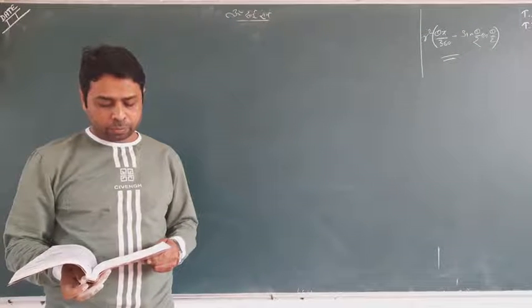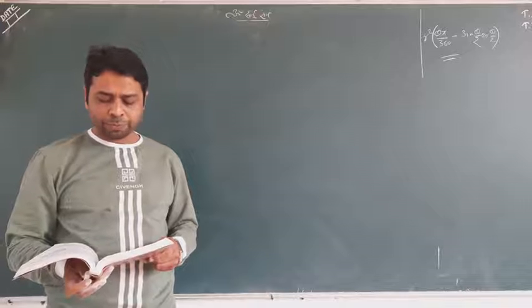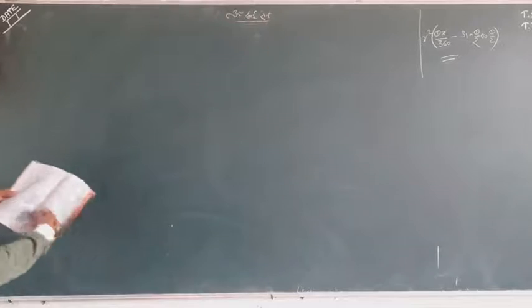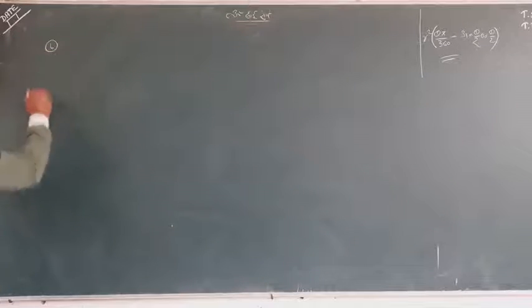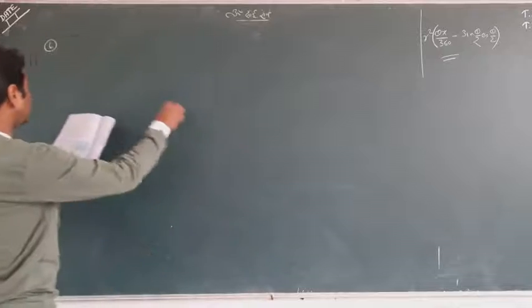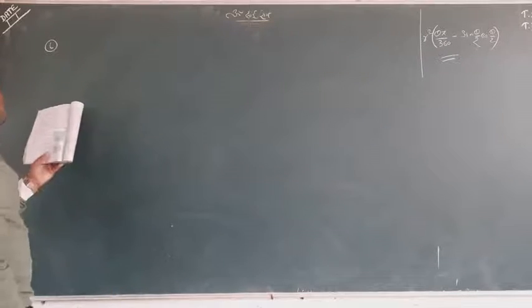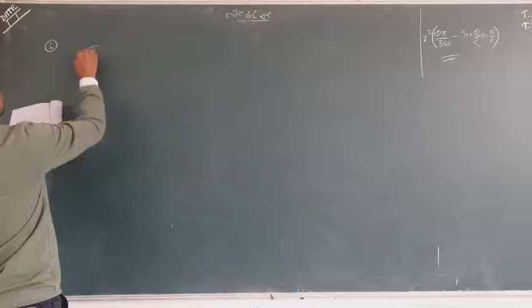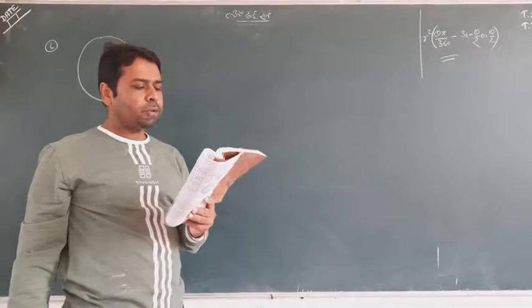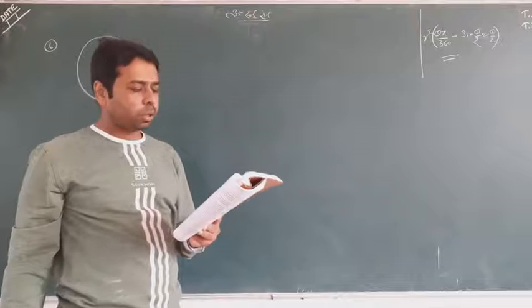Question fifth is easy. I think you can make it on your own. Question 6, I just want to tell you. Question 6. A chord of a circle of radius 15 centimeter subtends 60 degree at the center. I'll just make a picture first, and see what the question is, then later we will decide whether we do it or not.